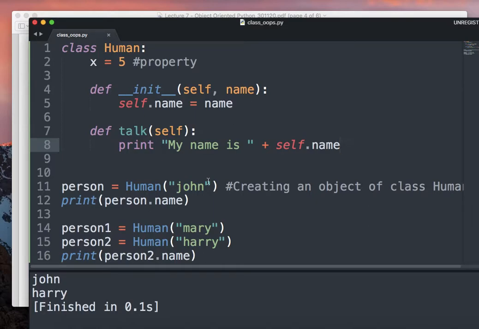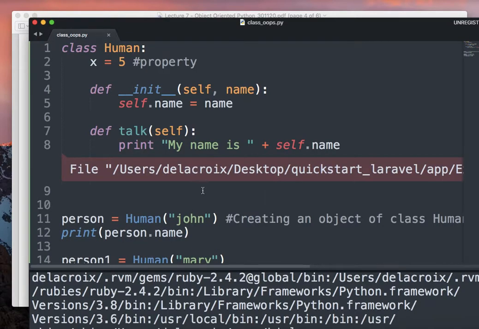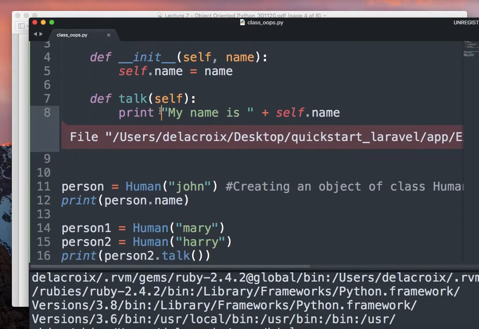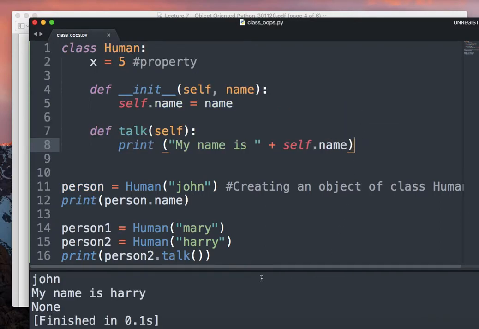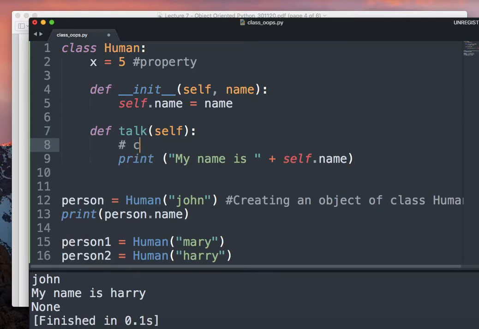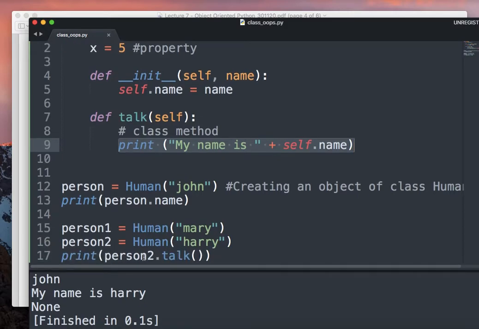Okay, so let's see what happens if I do print. Sorry, parentheses are required in the new Python. Okay, so my name is Harry, right? So this is a class method I have defined, and what that method does is print the name, and it can be called on any of the objects.